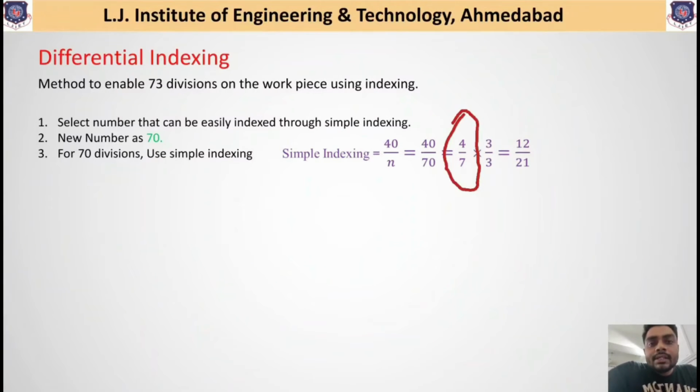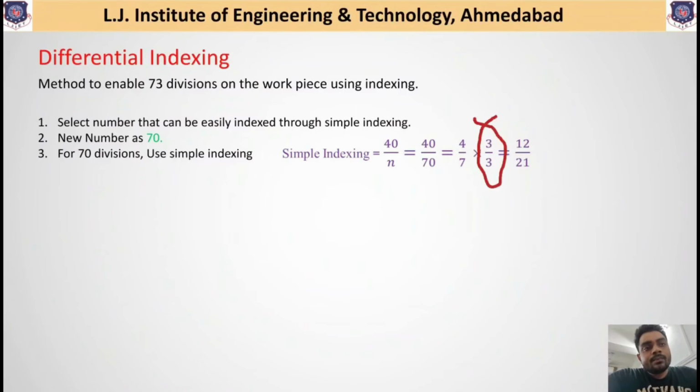The interpretation of 4 divided by 7 is that the crank pin needs to be rotated through 4 holes on a 7 hole indexing plate. And as we know, in the universal dividing head, only Brown and Sharpe standard indexing plates are used. If you recall, is there any plate with 7 holes? No, there is no indexing plate with 7 holes. That means we need to convert this fraction into a number which can be obtained on the indexing plate. And for that, we multiply this equation